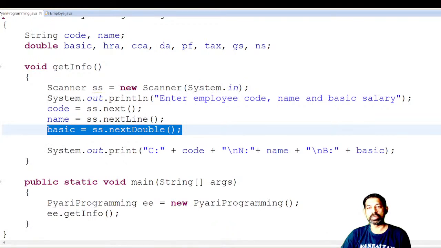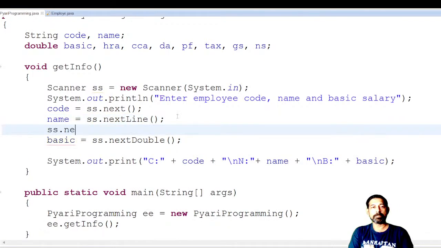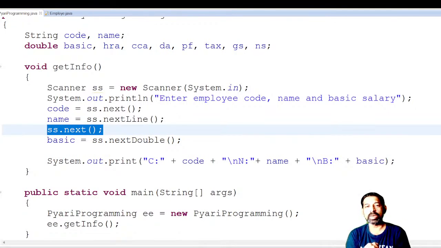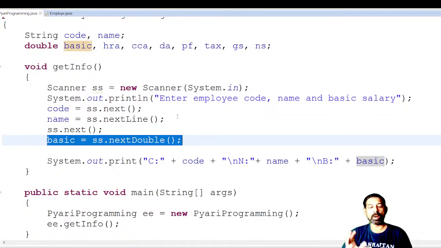Let me show you. Suppose the new line character is left over by this. I'm using a dummy statement over here. That means if a new line character is available, then ss.next will take the new line character. जो आपका न्यू लाइन कैरेक्टर रह जाता है, वो वाला ले लेगा ss.next. तो आपका डबल में जो आपका पंडा आ रहा है, वो पंडा नहीं जाएगा, बट ये भी काम नहीं